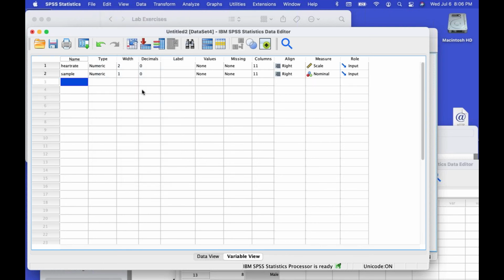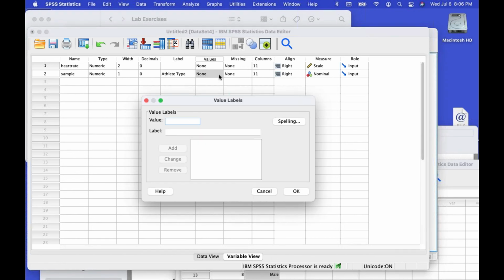Okay, and I can tell it one represents athletes and two represents scholars. Okay, so now we can identify these. So I'm going to go back into my data view and I'm going to say, okay, let's go ahead and run our